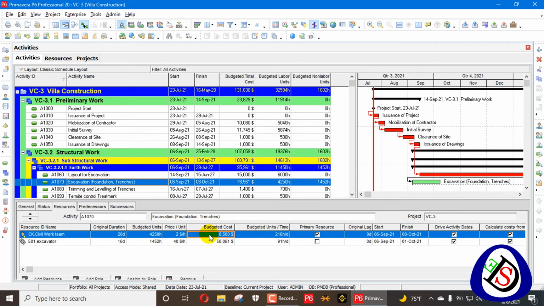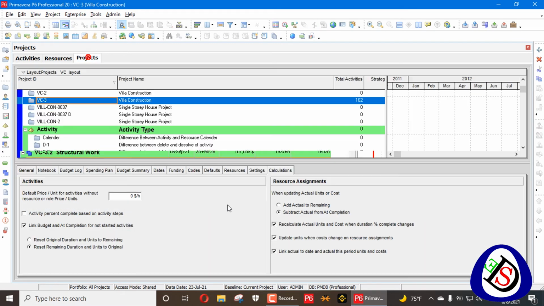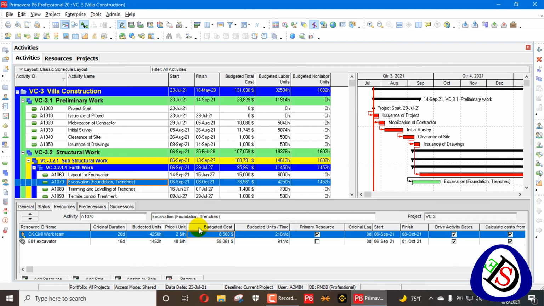If you update your cost here like 9,000, you can see your units are fixed here 216, but your units are changed and your duration will be changed.